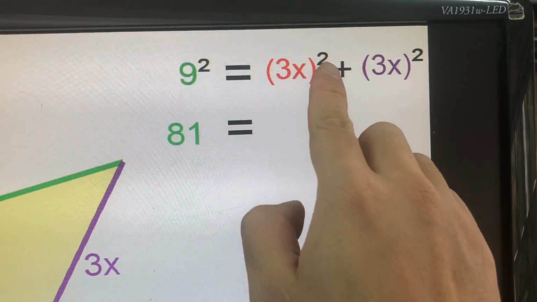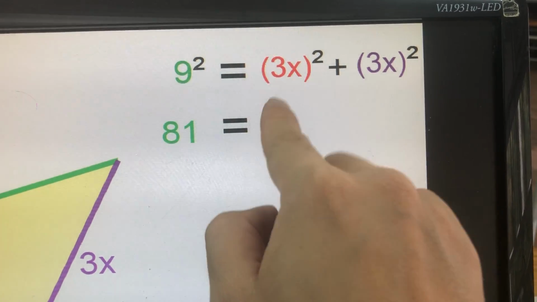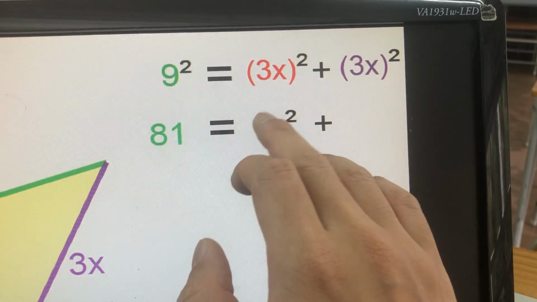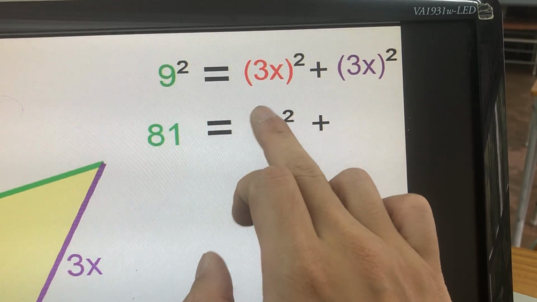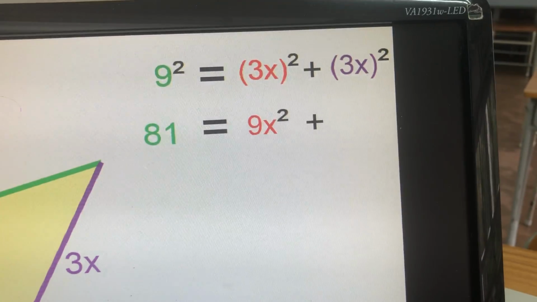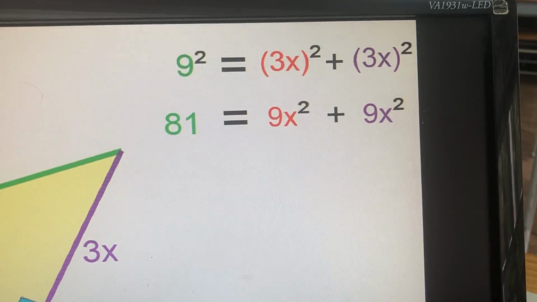Open the bracket. What to do with the square too? Yes, everyone has the square. So 3 square and x squared. 3 square become 9. So we have 9x squared. And here, likewise, we have also 9x squared. Alright? And now,